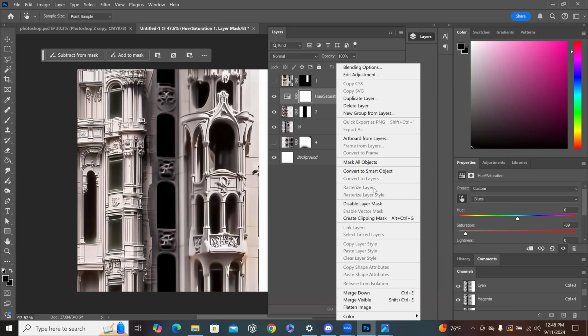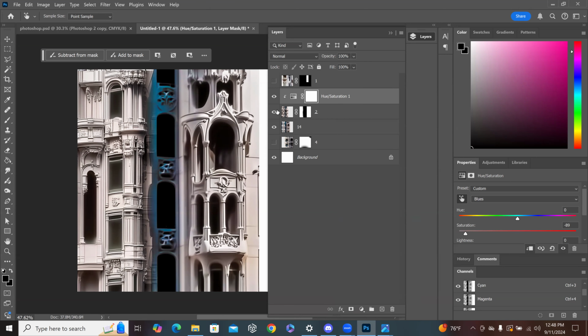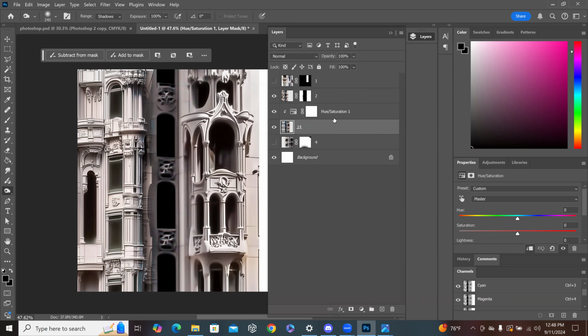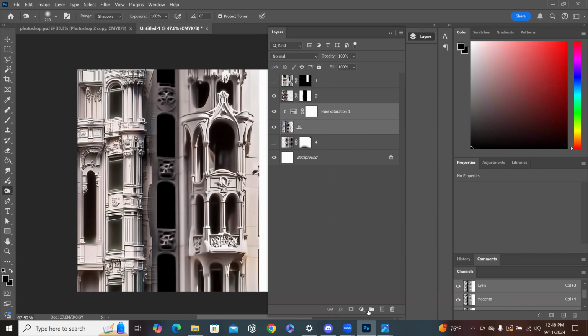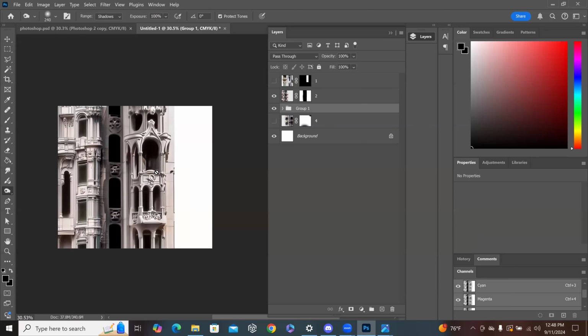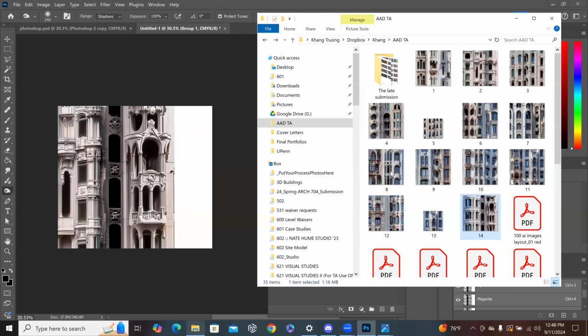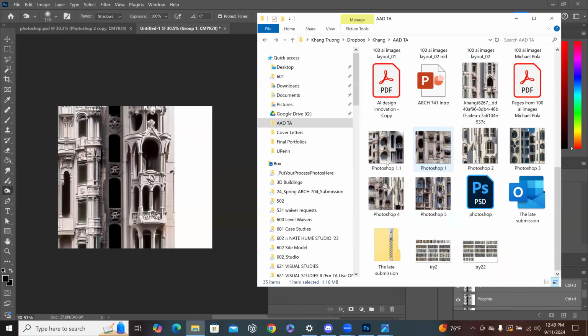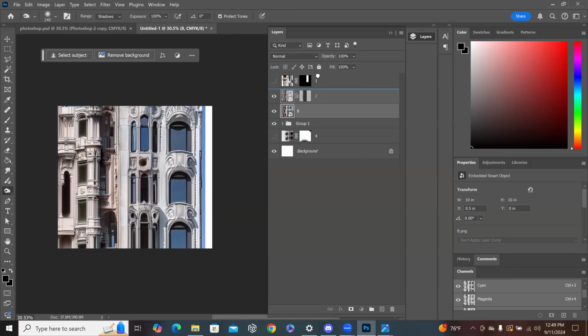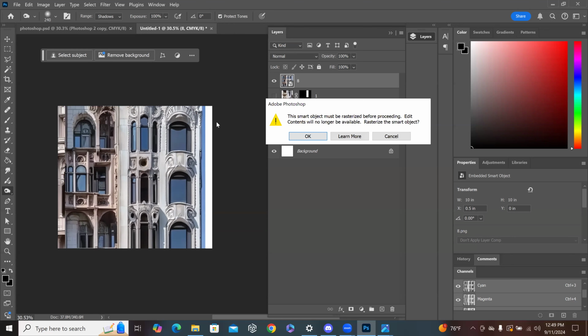I'm going to do a clipping mask to it so that it's only, well, whoopsies. We'll do a clipping mask to it so it's just this image. I might just group it so it's easier to work with. So now that looks really dark. Looks really deep. And maybe I'll throw in another picture. This is one of the iterations I've had earlier. What I really like about this is,